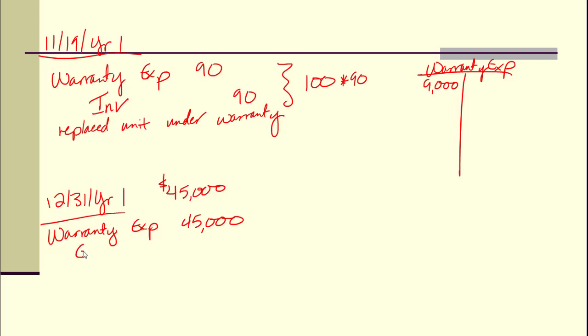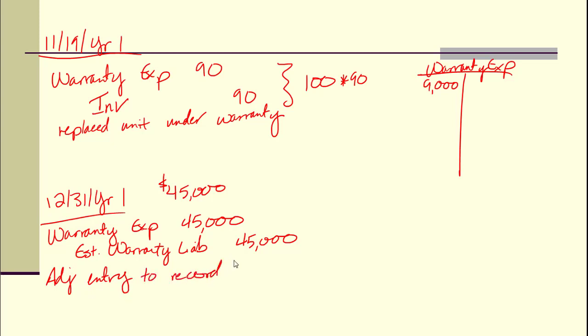We call it estimated warranty liability. Clever, huh? And this is an adjusting entry to record estimated liability to replace units during year two that were sold